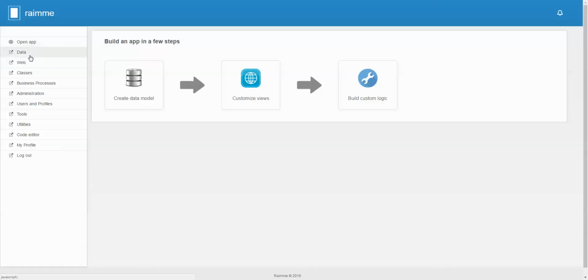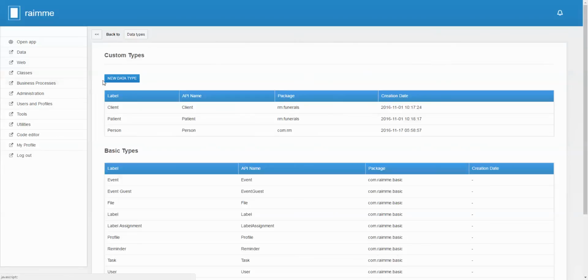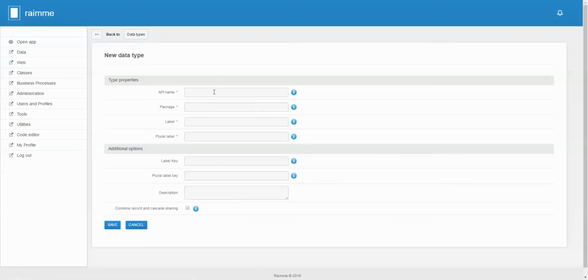We just go to data types, and we create a new data type called customer. We have to select a package, and packages are like in the programming language like Java or C Sharp. They are namespaces that group objects and entities together. So I will just type anything. It can be like CRM, because it will group all CRM objects together, and the label that the customer will see will be customer, and the plural label will be customers. And let's save that,